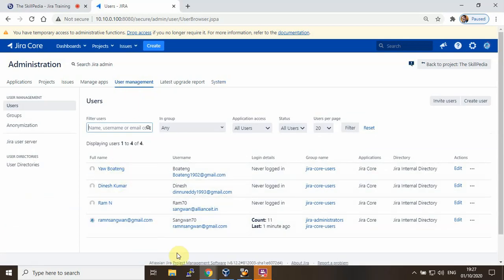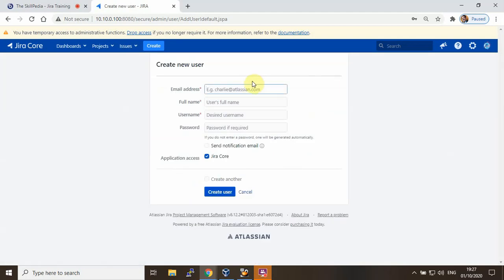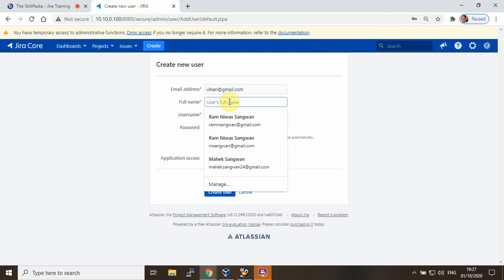For example, now I have to create a new user, Vihari. So I'm creating user by clicking here, create user, and here I specify the username. For example, email address Vihari, let's say at gmail.com. That's not important because SMTP server is not working, so I don't expect that it will work. Email, it will send the mail, right?